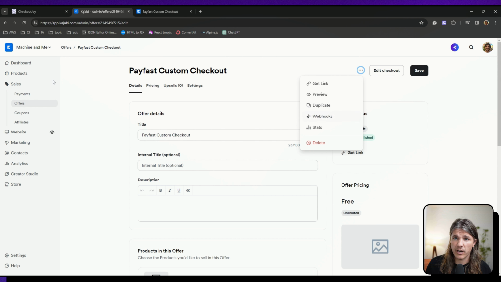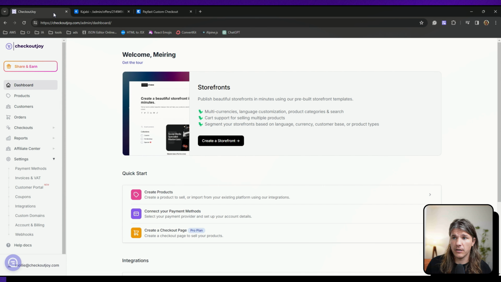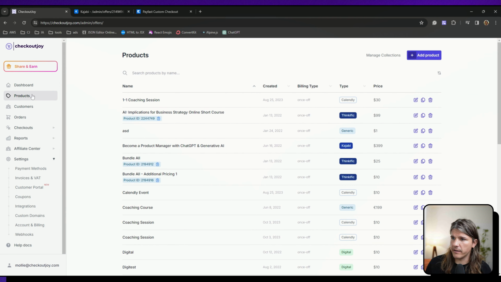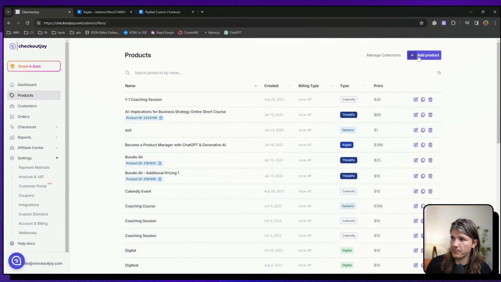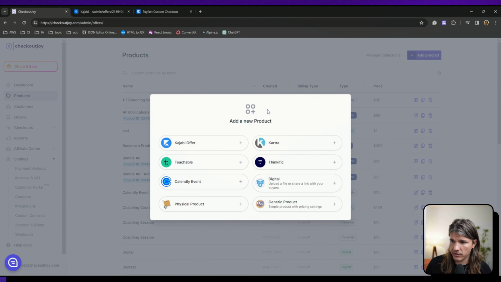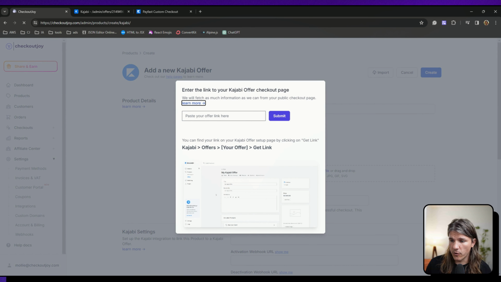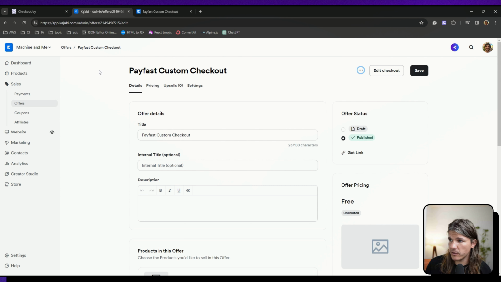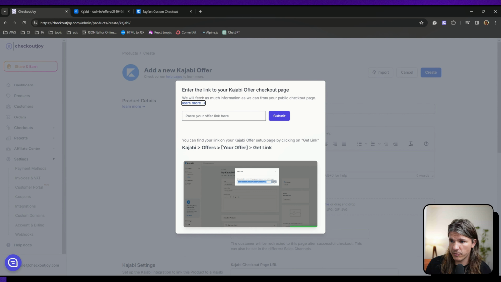The only thing that's important here are the webhook settings. So we're going to go to CheckoutJoy, and I'm going to create a new product in CheckoutJoy and link it to that offer. So in the CheckoutJoy dashboard, go to products, and top left you select add product, and here it gives you an option. You need to select Kajabi offer. So this will guide you through linking your offer in Kajabi to the product. So enter the link to your Kajabi offer checkout page. This is just an initial step, and in Kajabi you get that by clicking on the 3 dots, you get the link, and that's what you need there. So you paste that in,